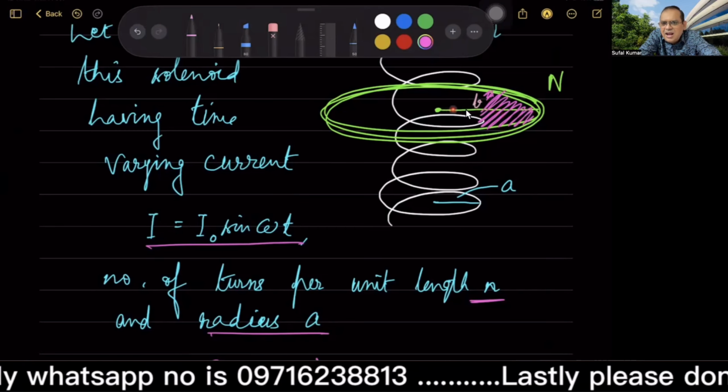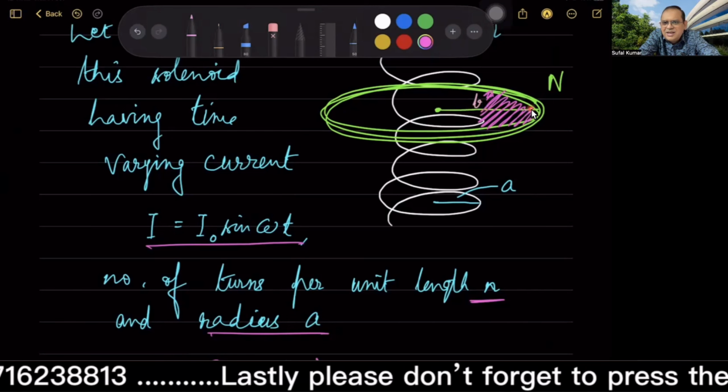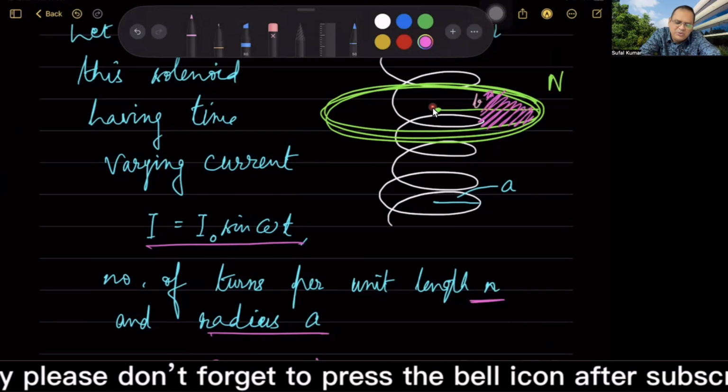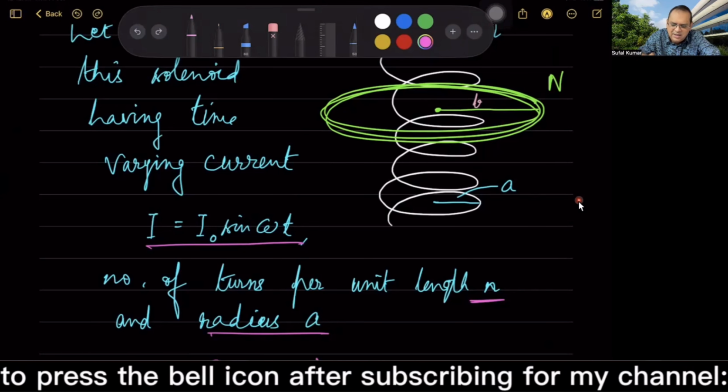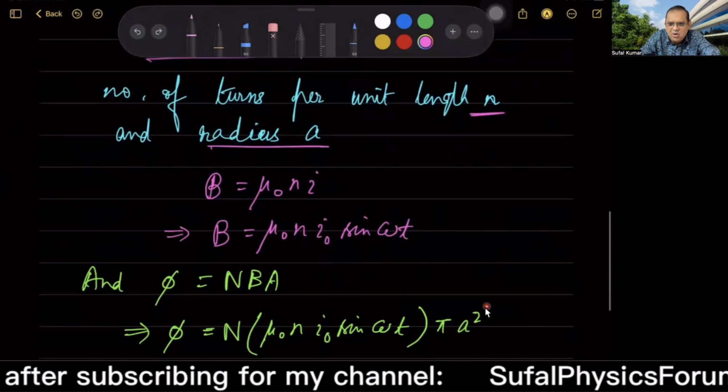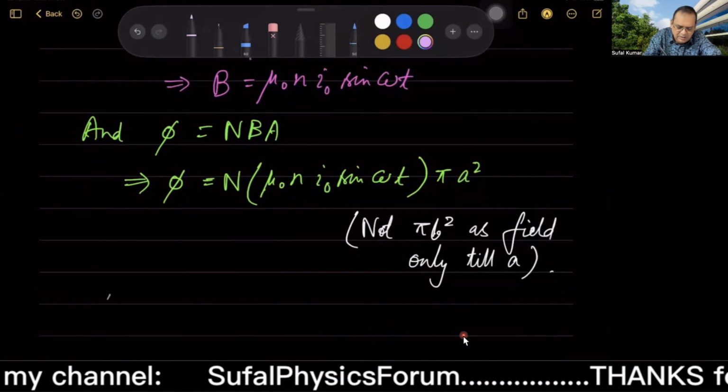Hence, the larger radius is irrelevant for mutual induction. That's why we have considered the small radius only. Therefore,